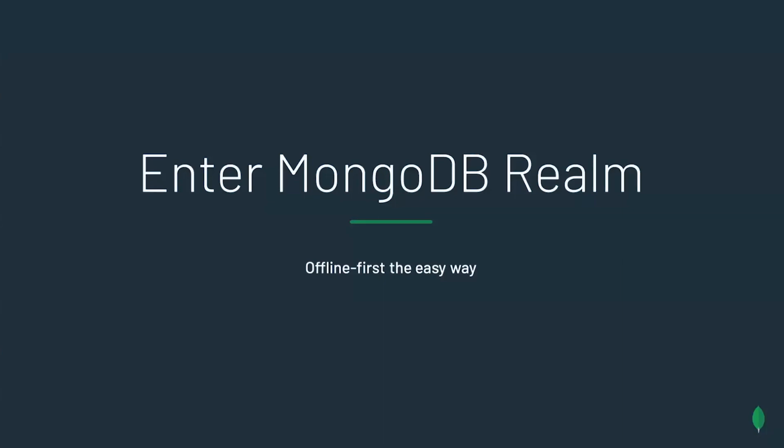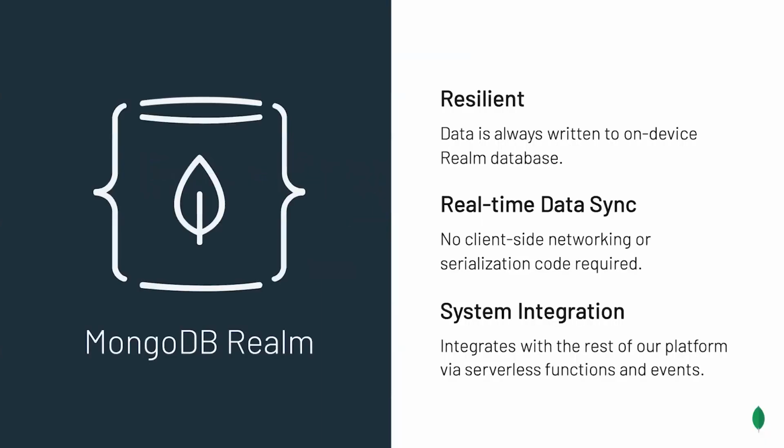For the last few months, we've been collaborating closely with MongoDB to bring these new features to life. Just like with our homegrown sync architecture, the source of truth for your app's UI state is an on-device Realm database. This improves the resiliency of your application by ensuring that all data has been persisted to disk as a part of the natural flow of the application's data. We can toss out all of our client-side networking and serialization code, as changes to the Realm are synchronized promptly and automatically by Realm Sync. To date, we've eliminated thousands of lines of networking and serialization code. Furthermore, MongoDB Realm provides useful integration points to the rest of our backend systems using serverless functions and events.